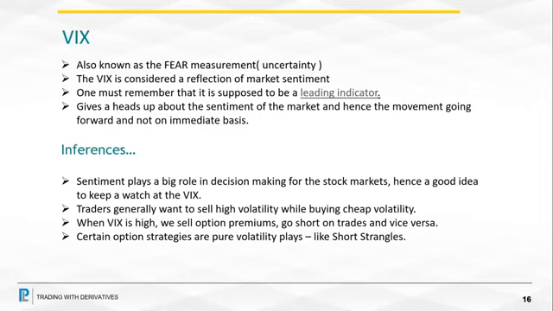And the inference is what? Generally VIX is always inversely proportional to the market. That means VIX and market move in opposite directions. VIX rises, market goes down. If VIX is low, then the market is bullish and stable and it may go up. And when VIX is high, the main benefit is what? We get very high option premiums. So there are many strategies, and people who deal in option trading the most benefit.